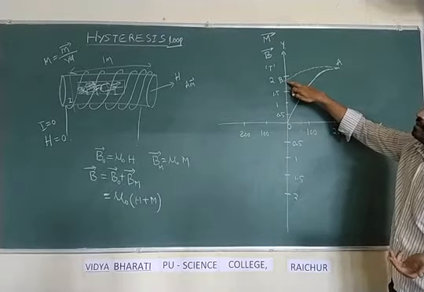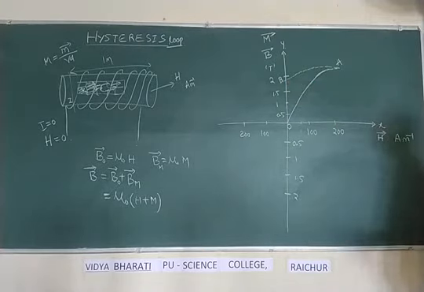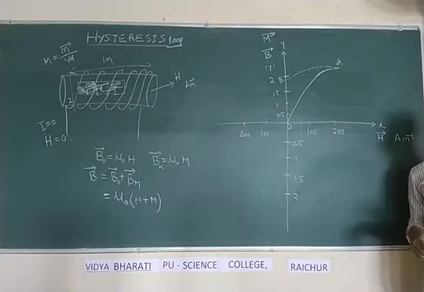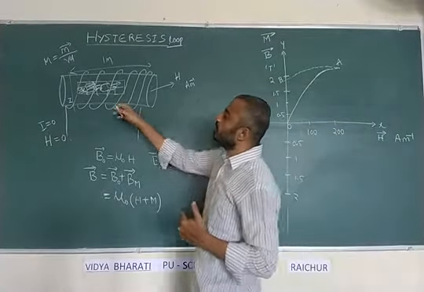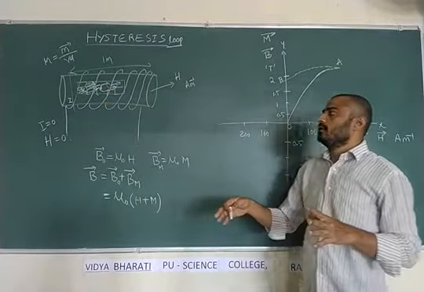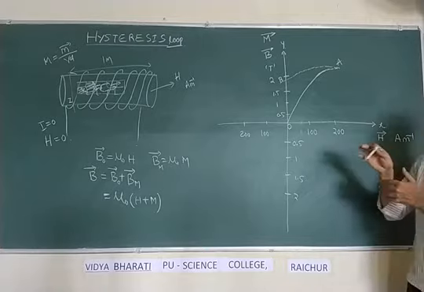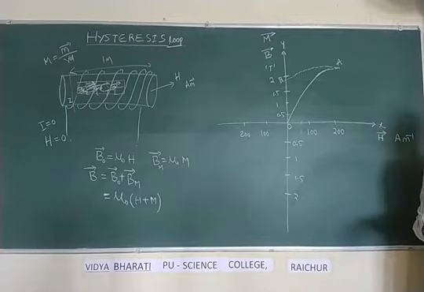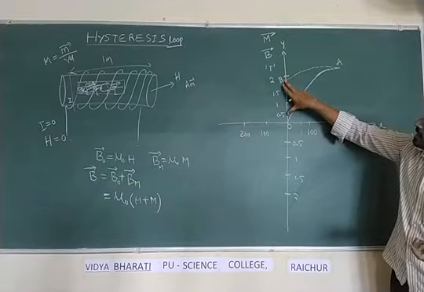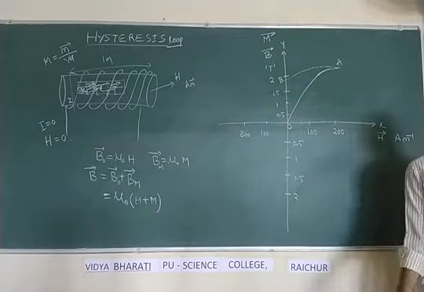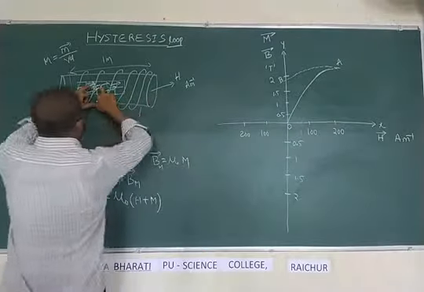What it means is that, compared to how the molecules were before sending the current, all the molecules have not come back to their original orientation. Some molecules which were oriented during the increment of H remain just as they are. They are not randomized. Only some of them are getting randomized in their orientation, because of which some amount of magnetic induction is left in the material.